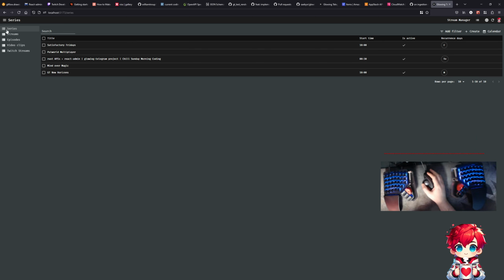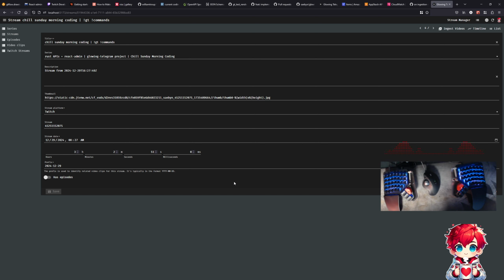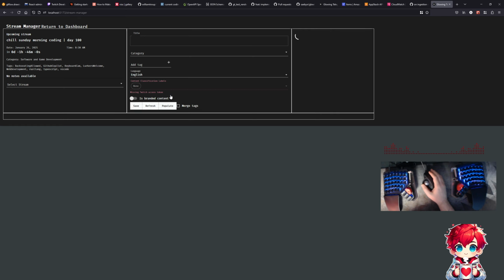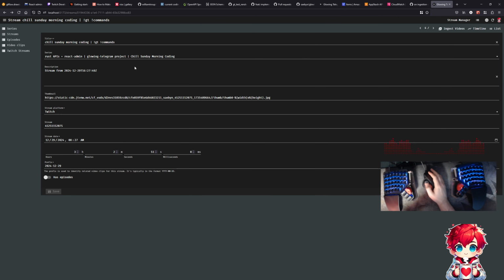I do want to have a separate portion of the UI in the same way that I did this for Stream Manager, where you click this, and this is a separate UI that's completely divorced from what's going on. This makes sense like this because this is intended to be a literal dashboard, whereas this is where I say return to dashboard, it's actually an admin UI. So I do